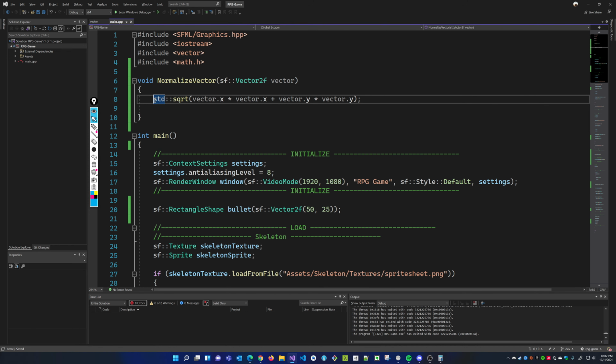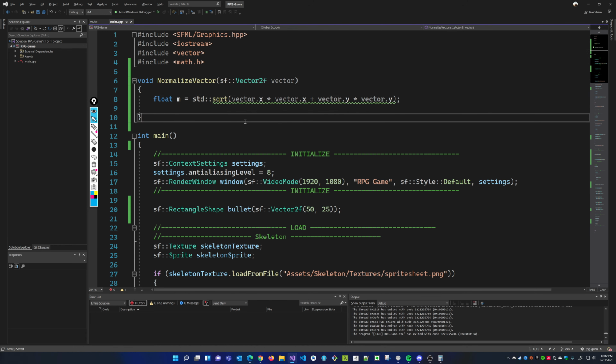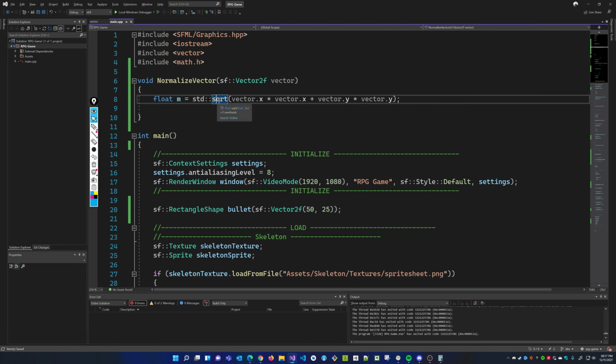Okay? And so that's going to give me the magnitude. So I'm going to do float m equal to this. So that's my magnitude, right? Okay, so square root takes a float. This is the float. It's going to return a float, which is my magnitude. Now all I have to do is do